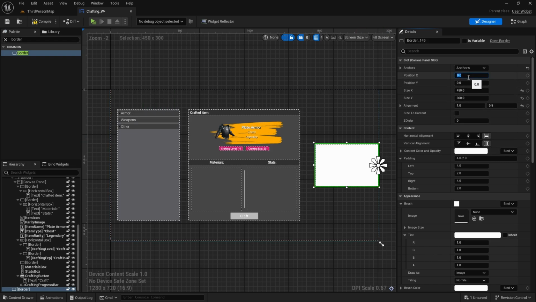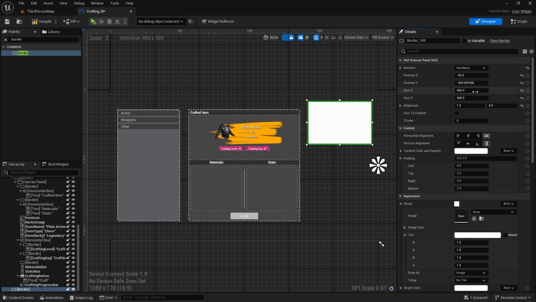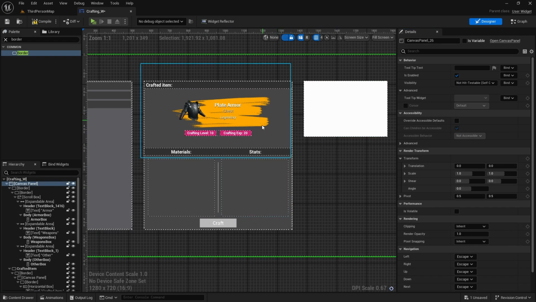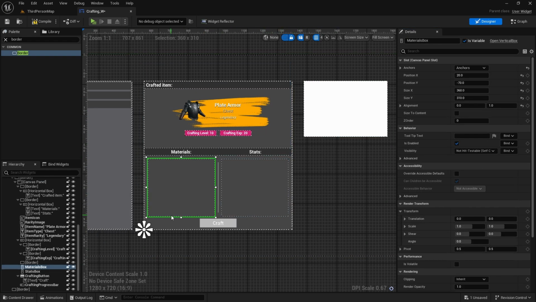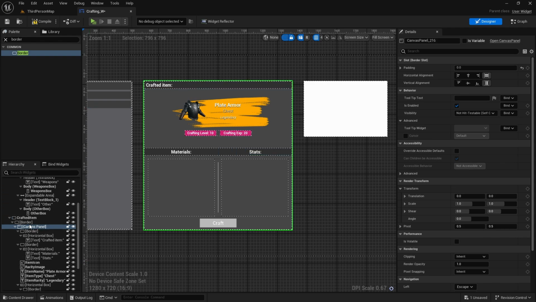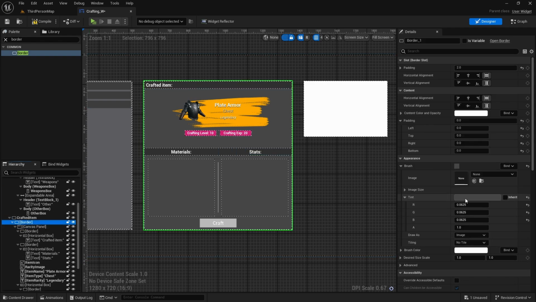Now I don't want to have it on the side, so position X will be -50, and position Y we can just do on the level with the other things, so like -250. Now I want to have the same color as this one here, so let's just select this border, the second one, copy the tint,